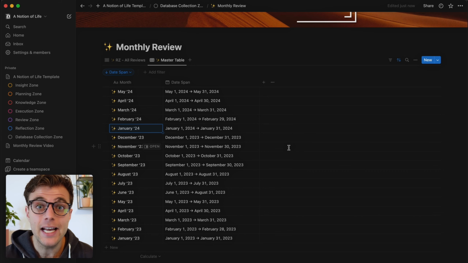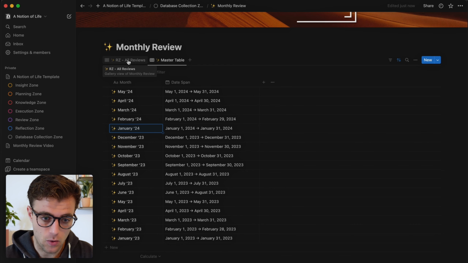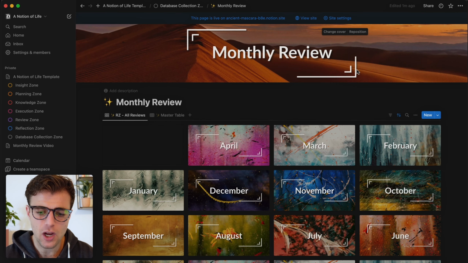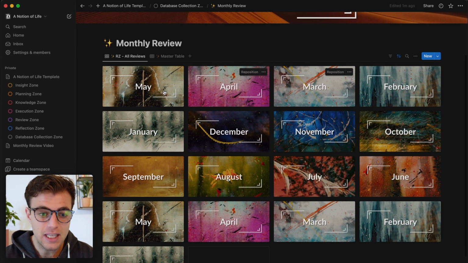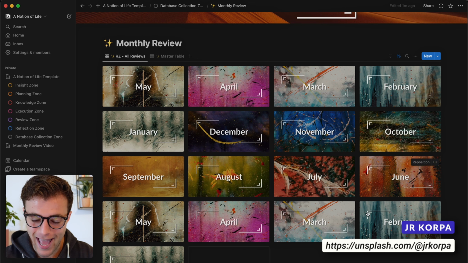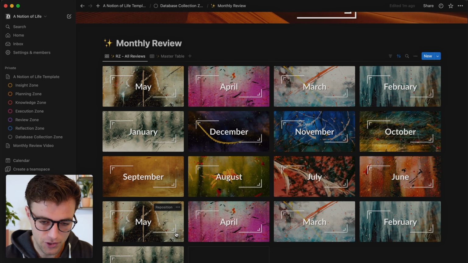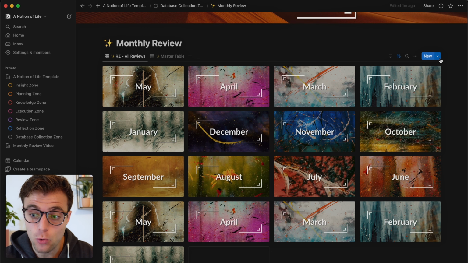And then let's have a look at the view in which we most often will open our monthly review. So over here, we have a gallery view in which each month has its own personal cover. Now, I really like this artwork, this artist that made all these beautiful abstract art. I will tag him in the description down below. And I decided to make a custom cover for each of the different months. That also means that when we create a template,